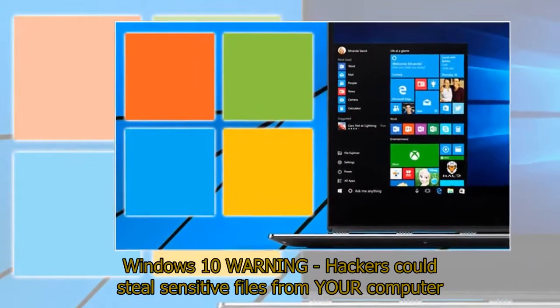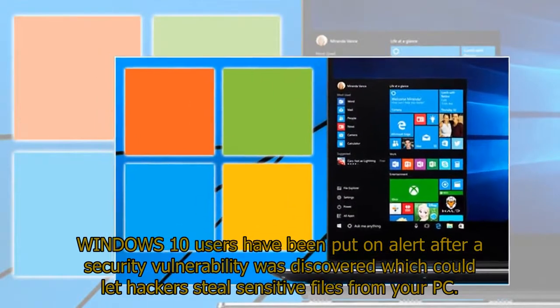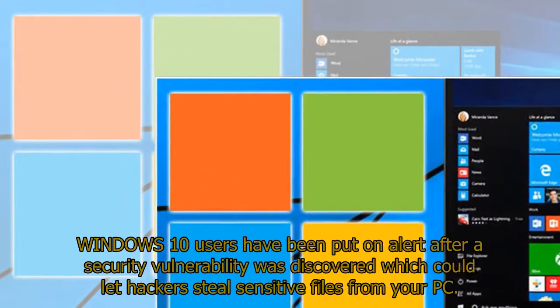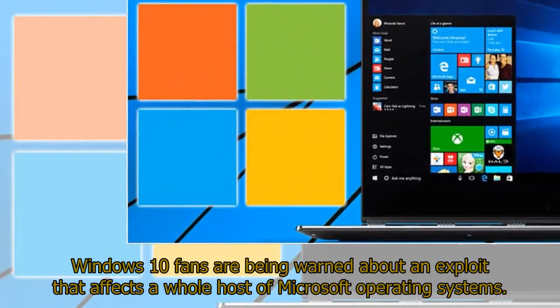Windows 10 warning: hackers could steal sensitive files from your computer. Windows 10 users have been put on alert after a security vulnerability was discovered which could let hackers steal sensitive files from your PC. Windows 10 fans are being warned about an exploit that affects a whole host of Microsoft